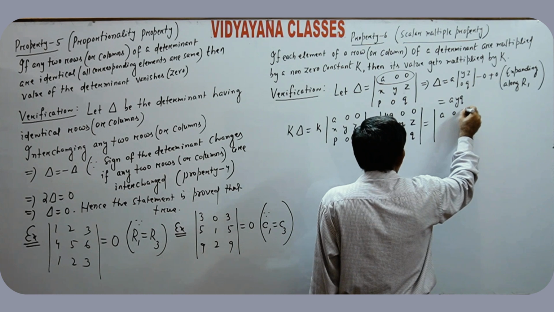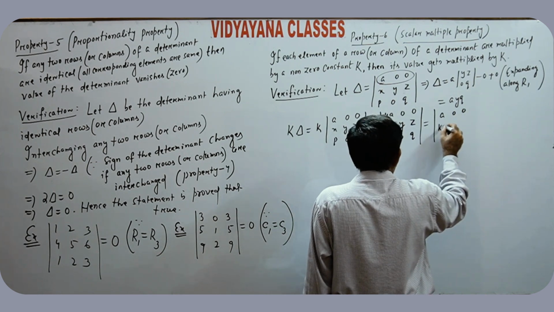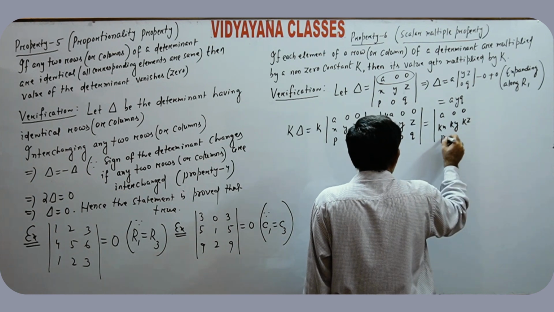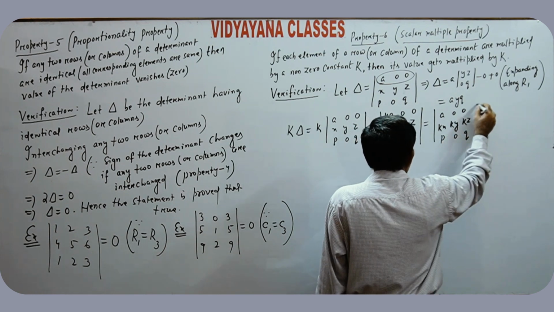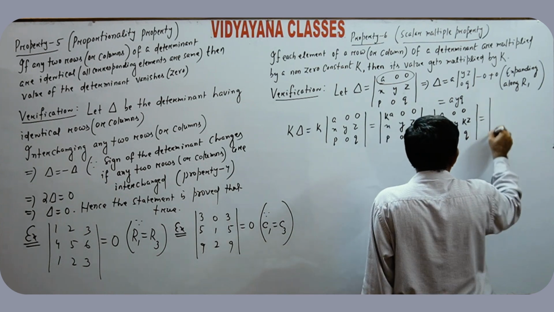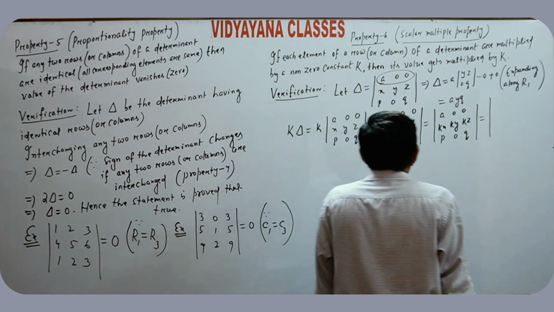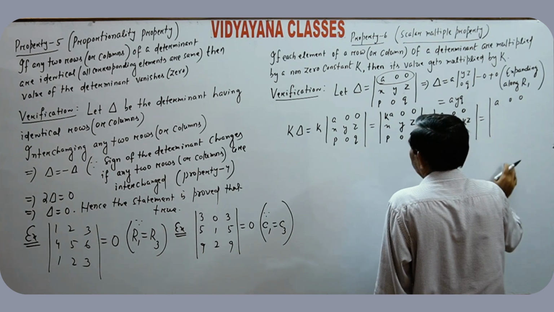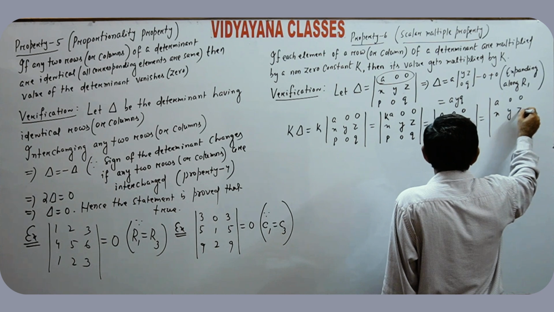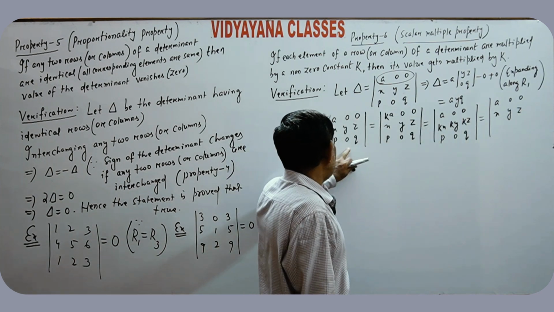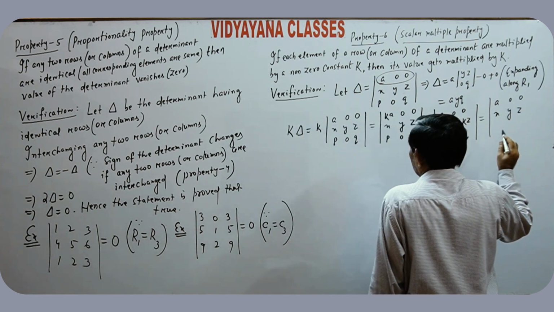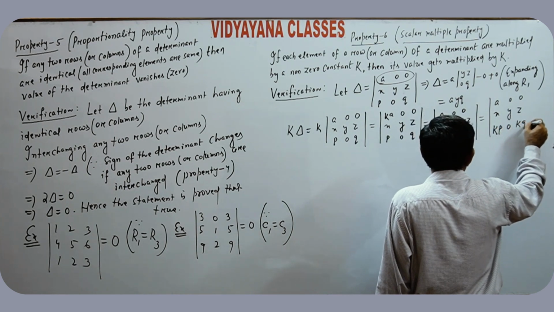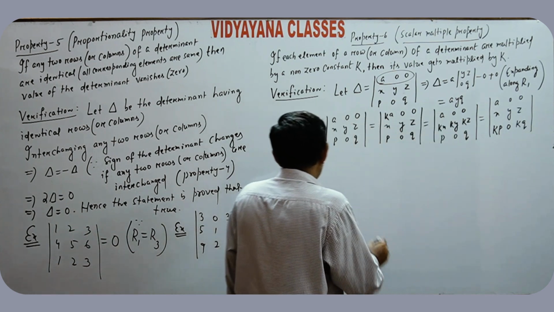a 0 0, kx, ky, kz, p 0 q, which is the same as a 0 0, x y z, multiplying k along row 3, kp 0 kq, which is the same as